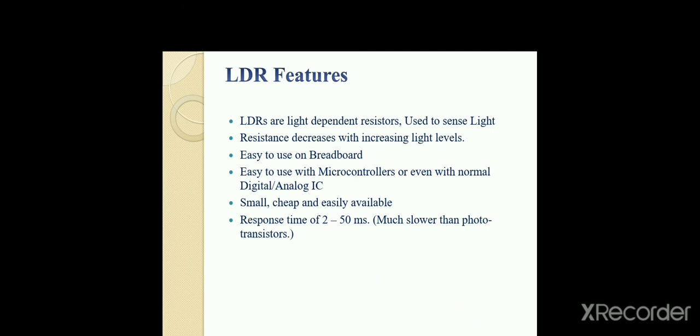Now, what are phototransistors? They are devices used for light sensitive applications. And the response time is nothing but how fast a sensor changes its state and output in response to input. Here, the slow response time of the LDR makes it unsuitable for data transmission applications. But we can use LDRs in circuits such as flame detectors, etc.